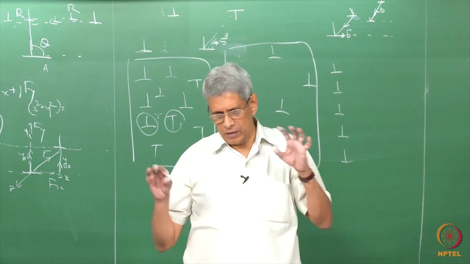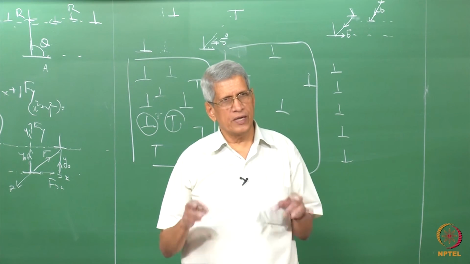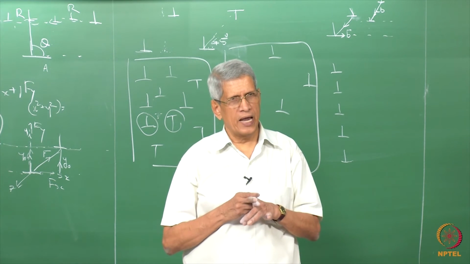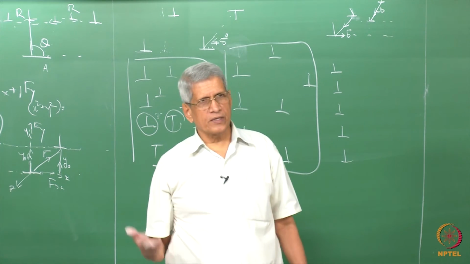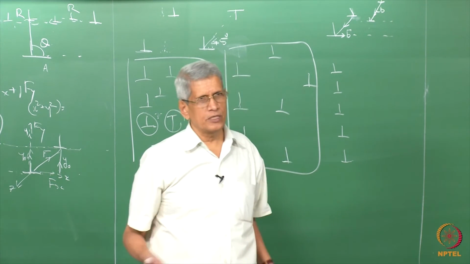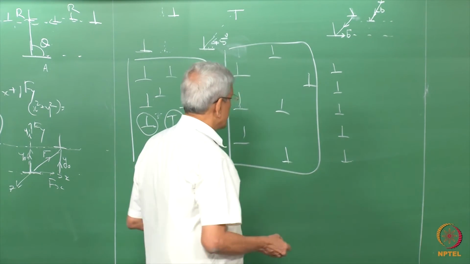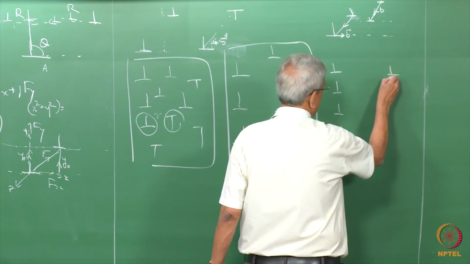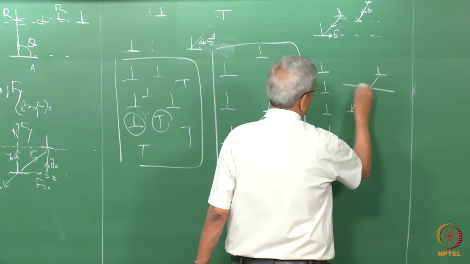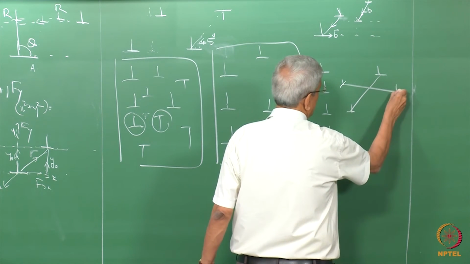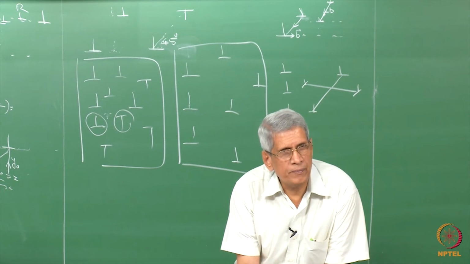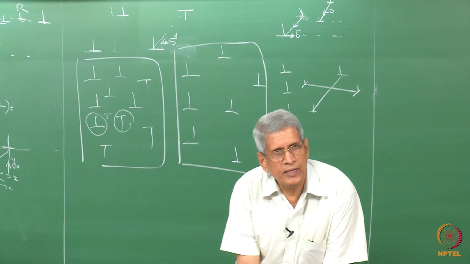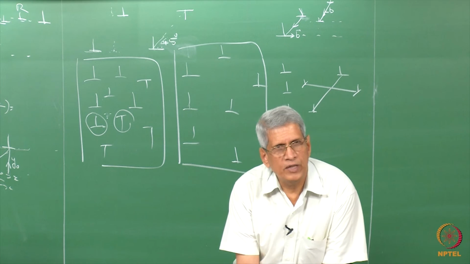These expressions give us a quantitative way of finding out what sort of forces will be acting between two types of dislocations. In fact, here we have considered only dislocations which are parallel to each other. It can so happen that one dislocation is lying like this, and there is another dislocation in this way also. They could be edge or screw character. There are various ways in which dislocations will be lying with respect to one another in real materials when they are being deformed.